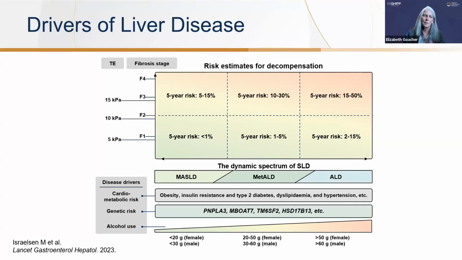rapid progressors. This was an analysis that looked at all comers in terms of their rate, modeling out the rate of decompensation based upon their baseline FibroScan scores, and looking also at their MASLD versus MetALD criteria and ALD criteria with the expected nomenclature change, as well as factoring in other drivers that we know can influence risk factors for fibrosis, so those being obesity, presence or absence of insulin resistance. Other genetic factors, we know there's some genes that are both protective for MASLD-related damage and that are accelerant for MASLD-related damage. So trying to model that also against their amount of alcohol consumption.